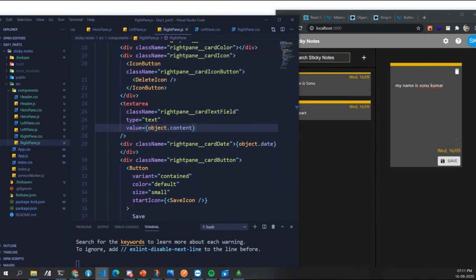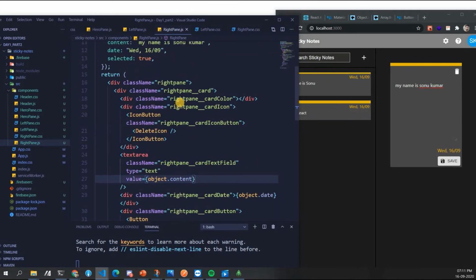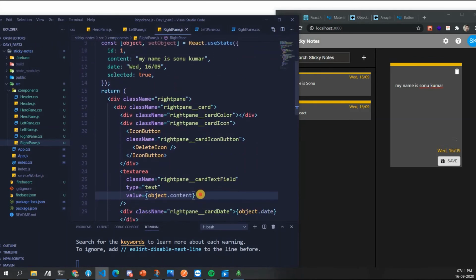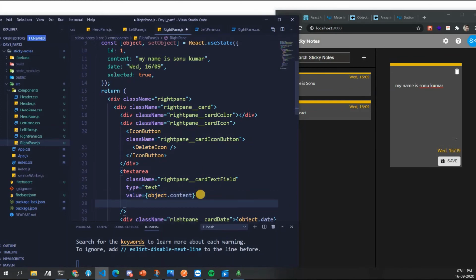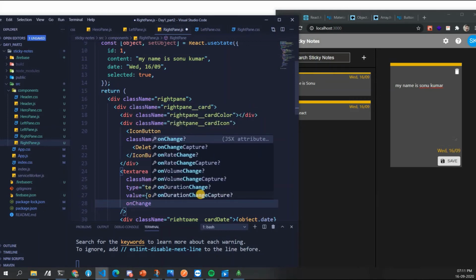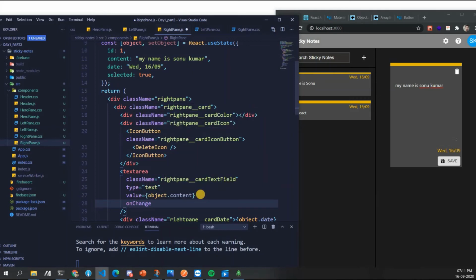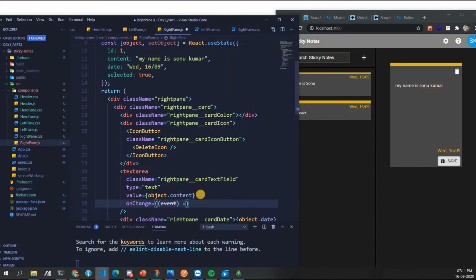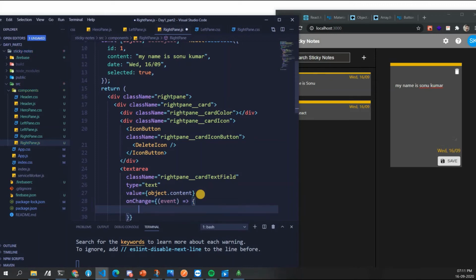And that event is basically to add content. So an onChange event should be there for that. This is a JavaScript event, guys. So whenever you change the value, you need to fire an event.